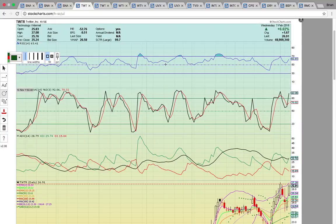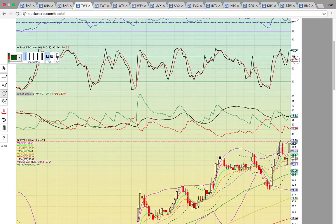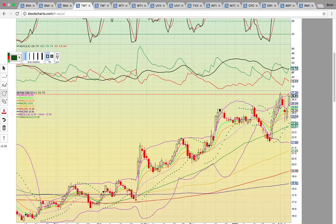Okay, let's take a look at Twitter. So TWTR, yeah, I don't know if it's quietly or not, but it seems quiet. I'm not seeing a whole lot of coverage on this move, but this is a very strong move for Twitter. Okay, so at RSI at 63, it still has room to run until overbought levels. Notice on previous runs, it has been able to get above 70 already. So there is still some gas in the tank. Even though RSI or Fasto at 92 is signaling temporary overbought, the RSI is showing that it could push through